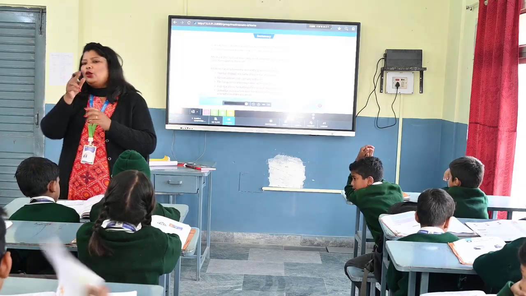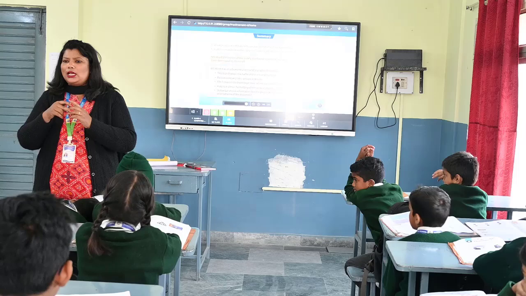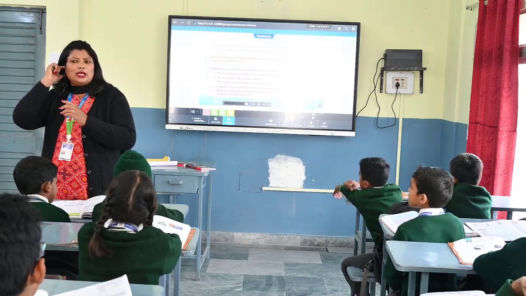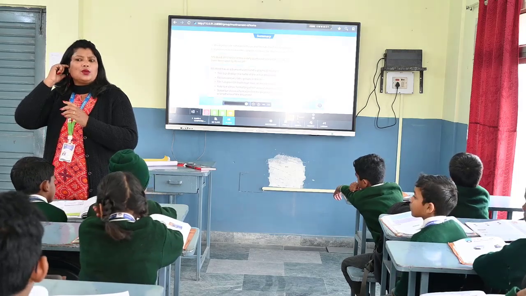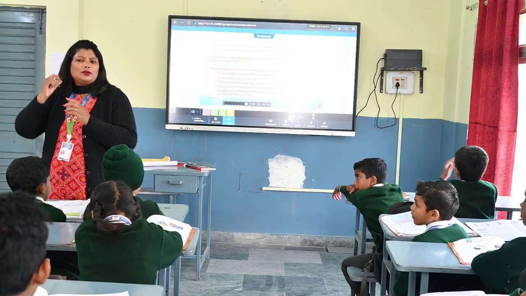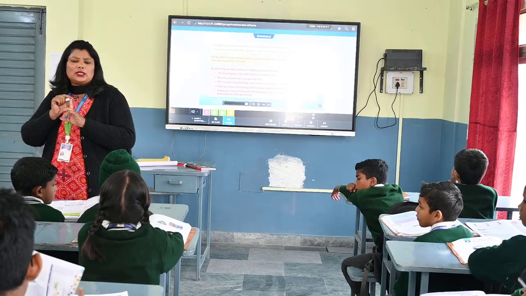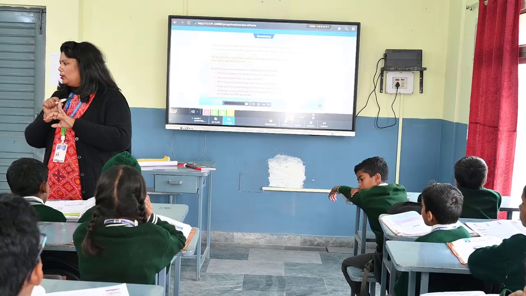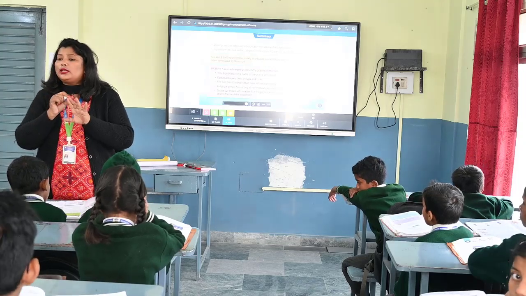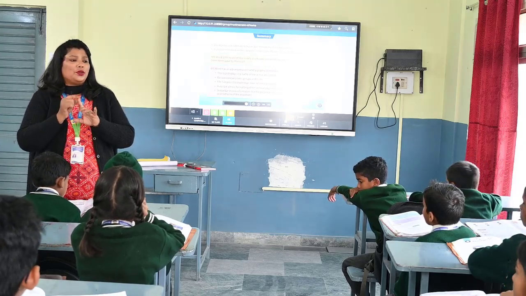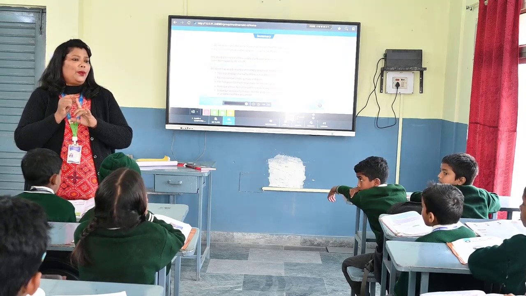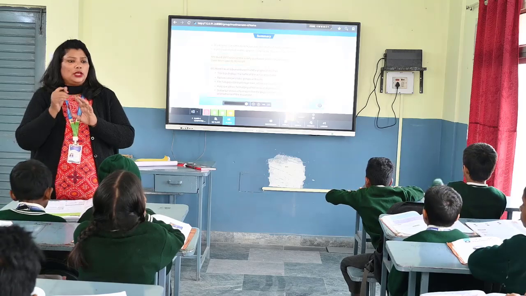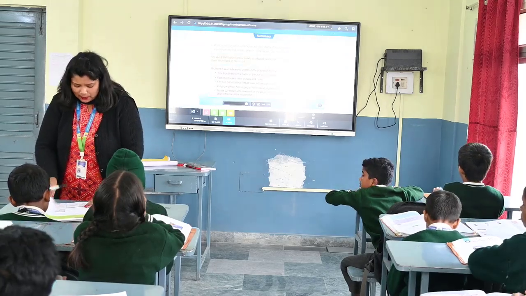Understood? Yes, ma'am. You remember the alignment shortcuts, na? Yes, ma'am. What was that? For left alignment, right alignment, for justify, what was that? For center it was Control plus E, for left, Control plus L, for right, Control plus R. These are the shortcut keys you should try in your computer lab when you are typing. Otherwise you will never learn. You need to practice all these things.